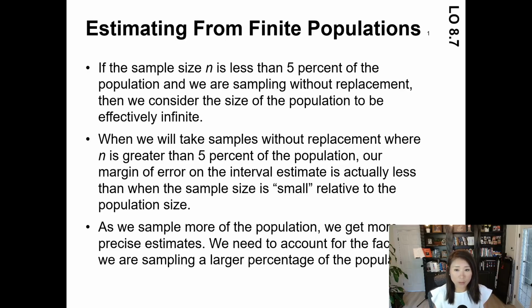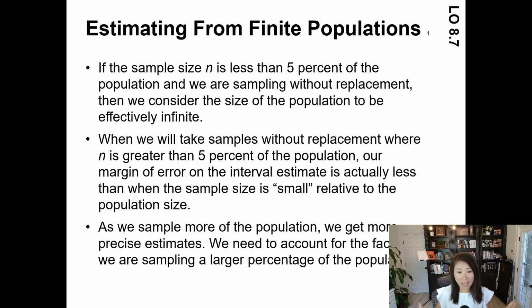That is when our population has some special characteristic, which is finite or infinite. As we know, we cannot say any population is truly infinite. They always have a cap, right? So if we think about the US population, it is large enough, but regardless, it still has a cap. So when we talk about finite or infinite, it doesn't mean, do we have a cap on our population? It is relative to our sample. We give a term to our population, whether it is infinite or finite.